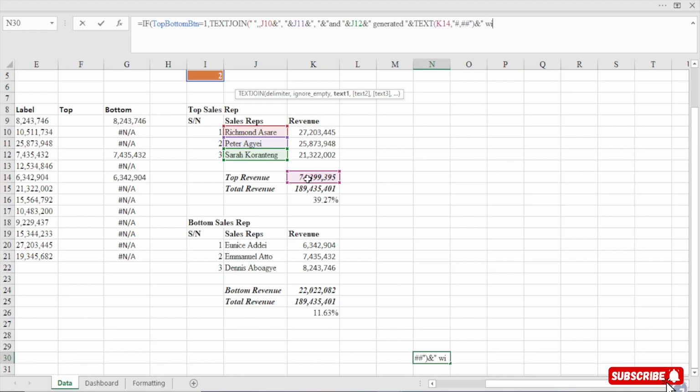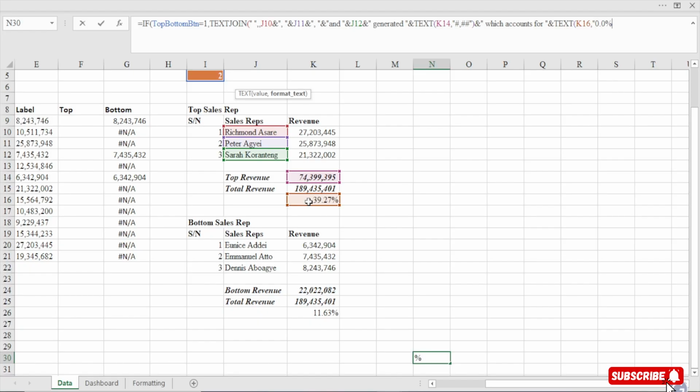And then you say which accounts or accounted for, or I just say account for. We concatenate it and then we bring in the percentage. So if you want to format it, you just bring TEXT, this, comma, bring in your double quote 0.0%.